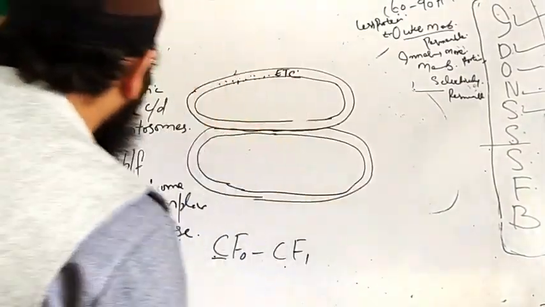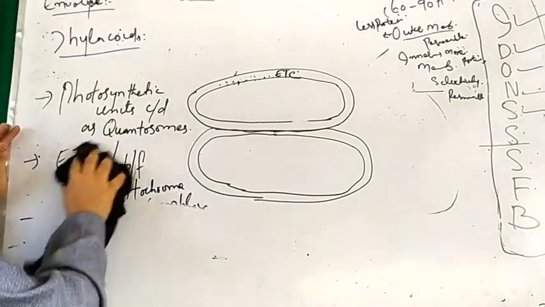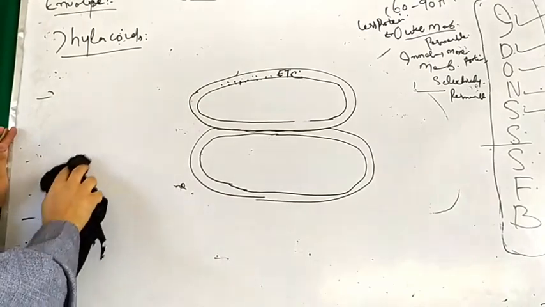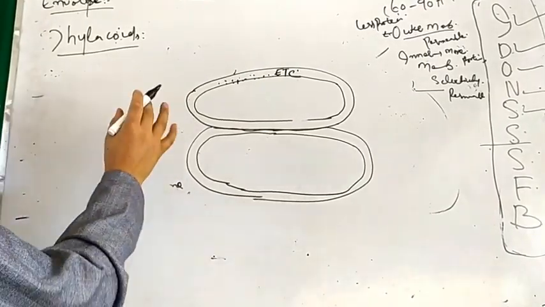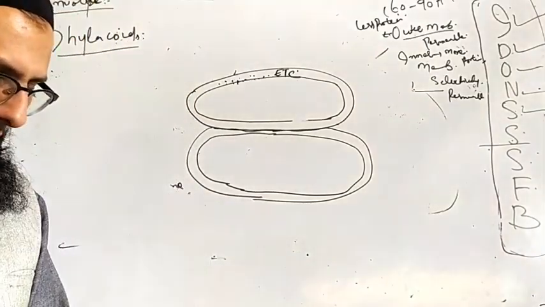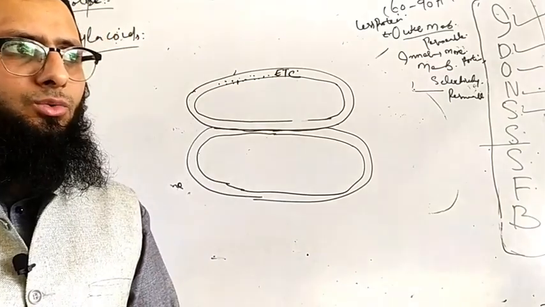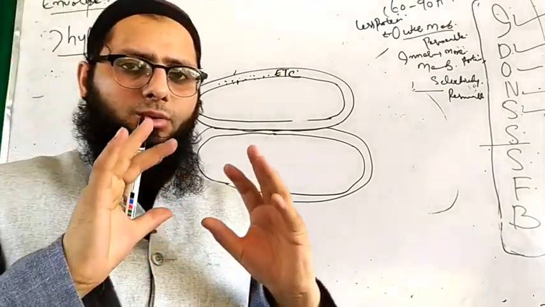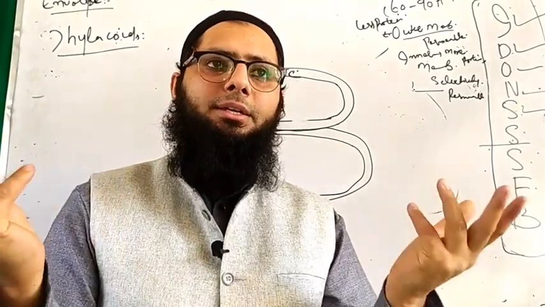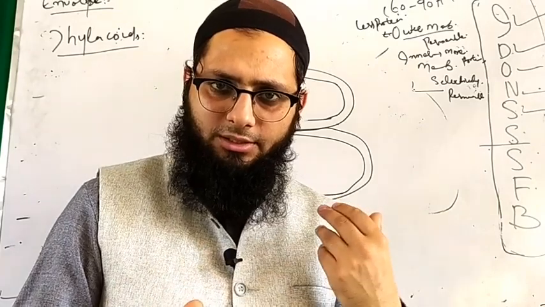So let us discuss what these photosynthetic units are. The photosynthetic units, what actually they are, are the quantosomes, which we call them quantosomes. They are the photosynthetic units which have the pigments, chlorophyll A, B, C, D, all these pigments, carotenoids, other things are present in this.